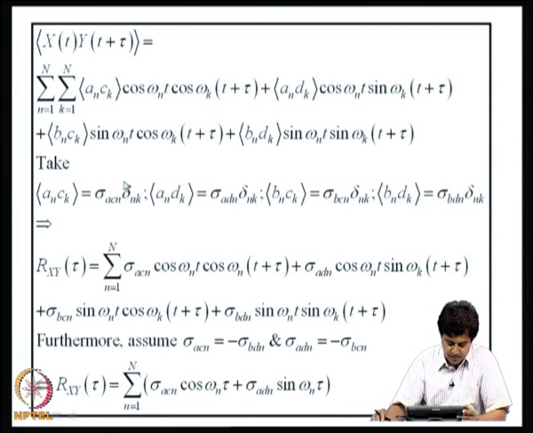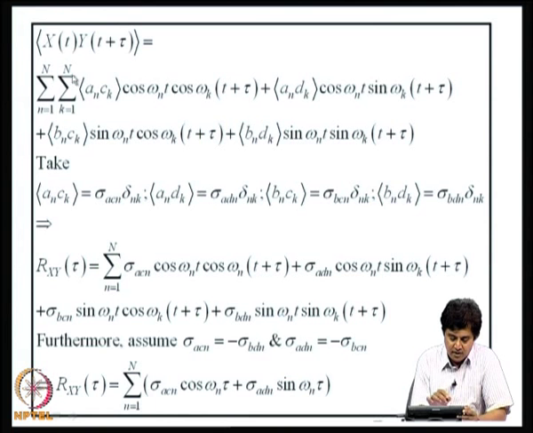To do that, first of all I want the property that x and y are jointly stationary to be honored. If that has to be honored, the expected value of x of t into y of t plus tau must be a function of tau alone. So, for that to happen, if I take the expected value of an and ck as sigma acn delta nk, this is the Kronecker delta which is equal to 1 if n equal to k, otherwise it is 0. And similarly, if I place restrictions on an and dk, expected value of bn and ck and so on and so forth, I can show that